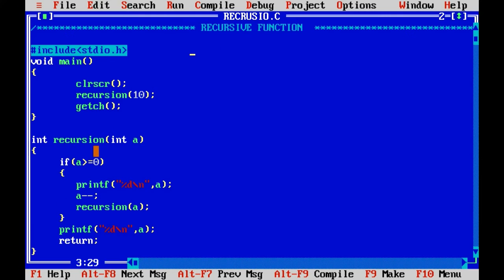For that I will change the value of 10 to 2, so the recursion will be small and I'll explain what's happening. We will see what the compiler is doing, so I will press Alt F7.